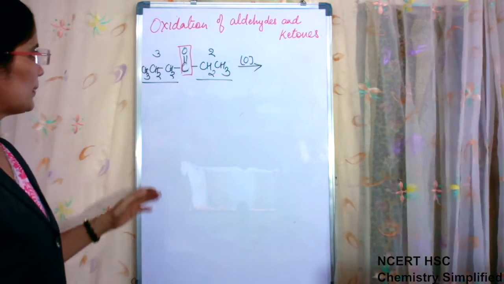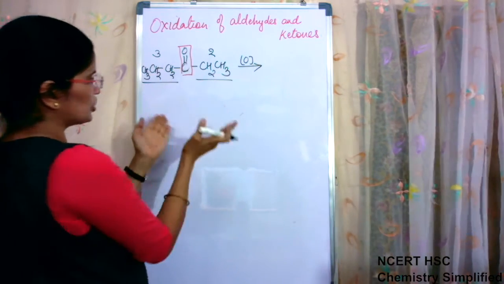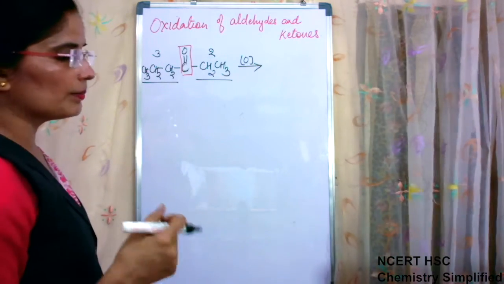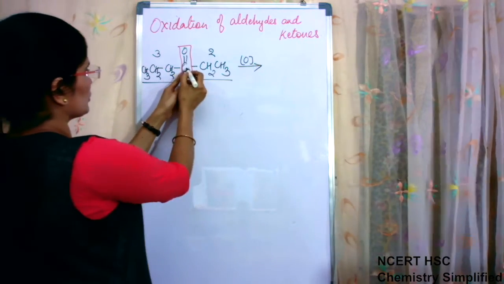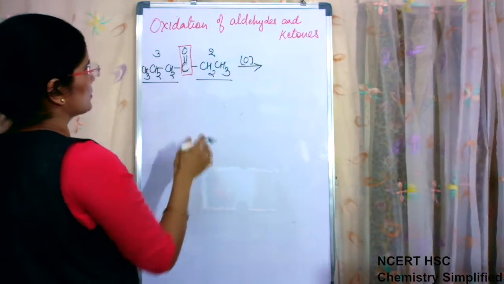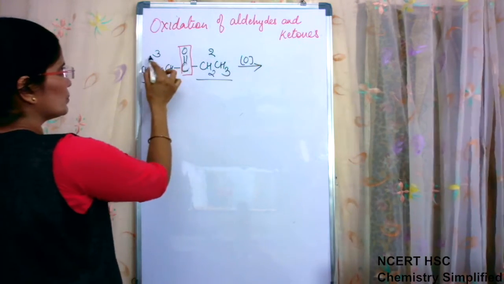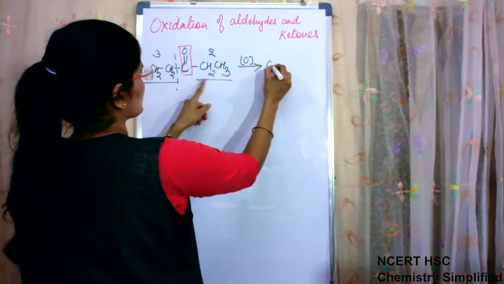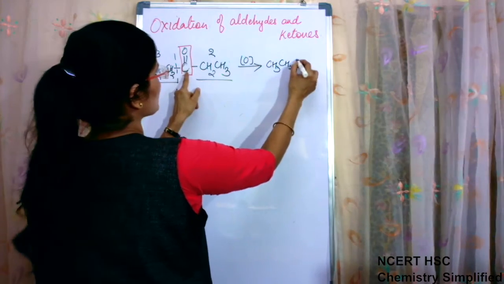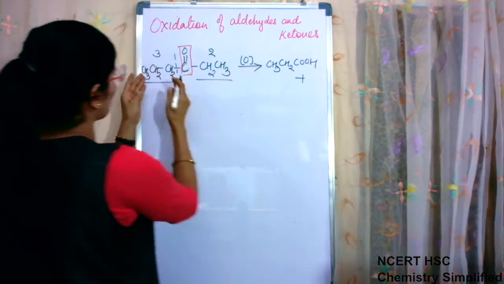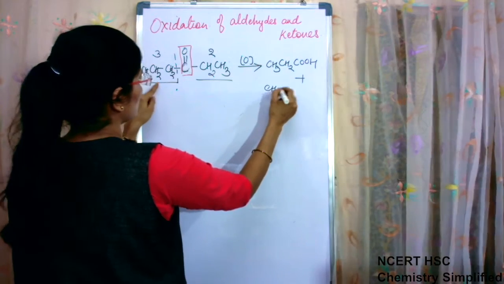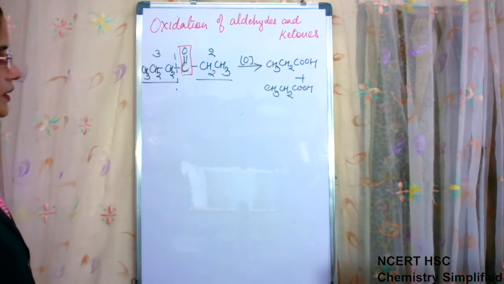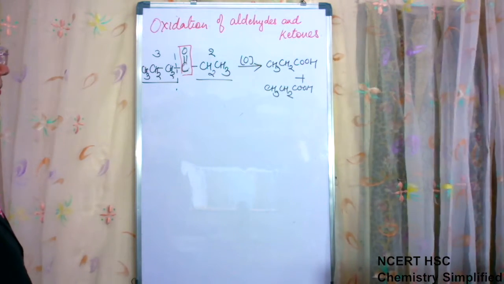Then what will happen? The chain has to break, either this bond or this bond should break to form the product. But the major product will be what? This group will move with that chain which has fewer carbons. So this side there are only 2 carbons, this side there are 3 carbons. So this bond will be cleaved in this manner to form CH3, CH2 and COOH. And the other part has 3 carbons, so it will be CH3, CH2 and this will be oxidized to form acid. This will be the major product.